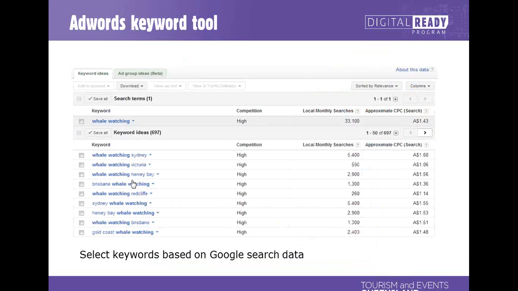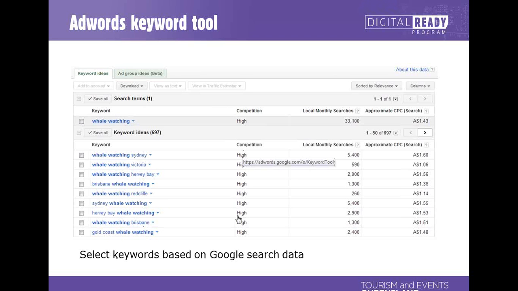So keyword tool, if we're not sure about where to start with keywords, Google will actually help you select them. I think it's still called the AdWords keyword tool. If you can't find it, just Google keyword tool. It will come up, don't worry, in about the first slot. And you just simply type in your keyword. I've used whale watching here, and hit go, and it will start to suggest keywords that you could buy or use in your search engine optimization if you want to do the SEO for free bit, that might be relevant to that particular section. This is based on actual Google search data.